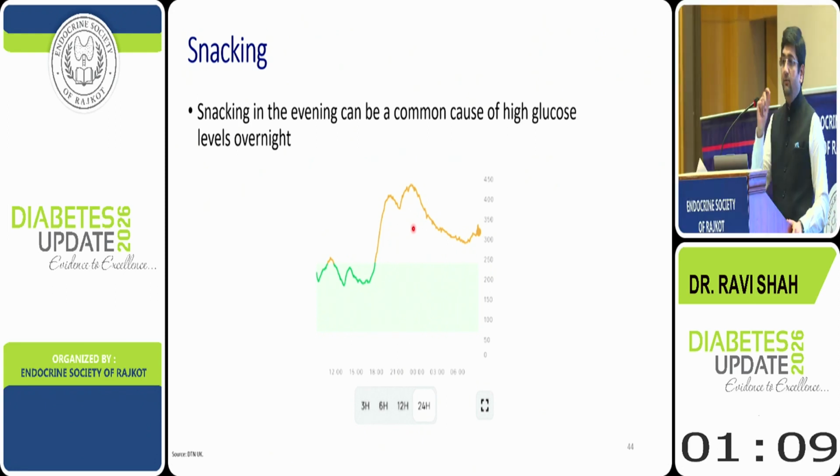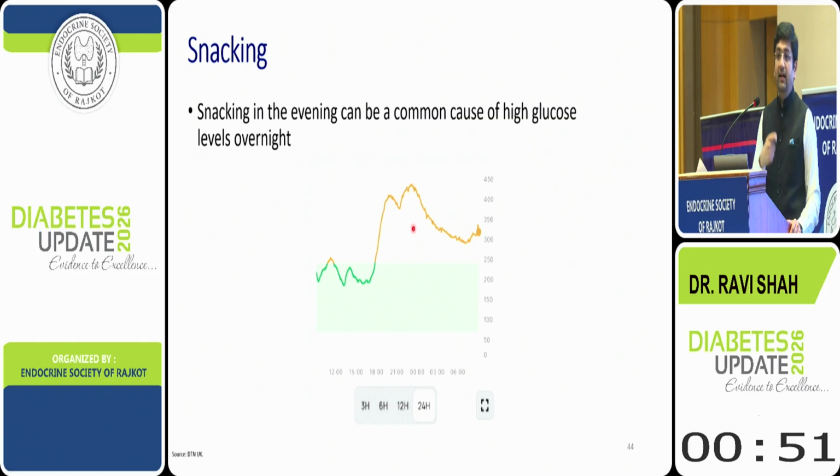Because anytime you eat, there will be some increase in blood glucose. That increase in blood glucose is not pathological. But if after the increase in blood glucose, within 2 hours, it is not coming within 80 milligram per deciliter, and within 4 hours, it is not coming back to the baseline, that is when you need to be adding insulin for the patient. So for this patient, before every snack, we added 3 units of insulin, and now that patient has